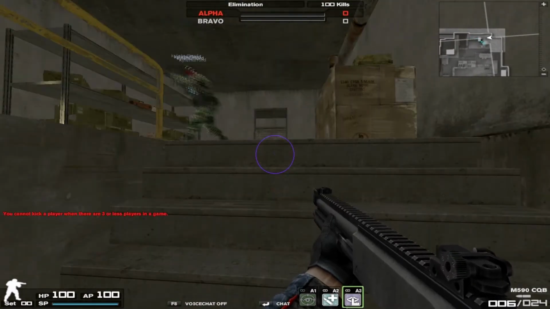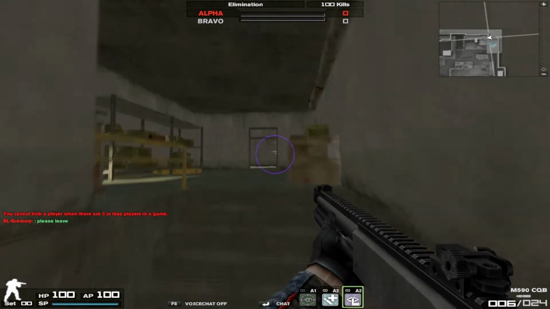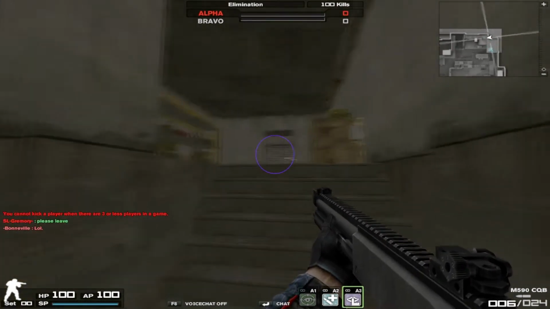This guy has to go, and I can't kick a player when there's 3 or less in the game. I forgot to put a password in this room, but anyway,